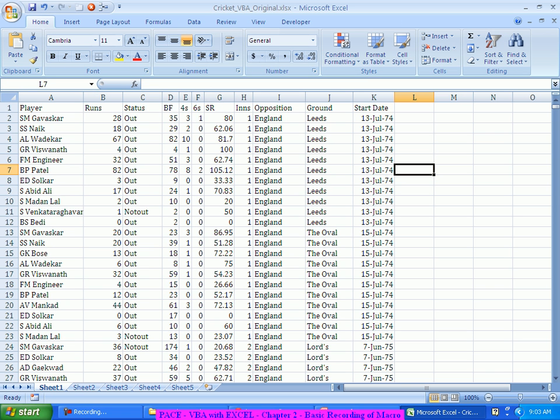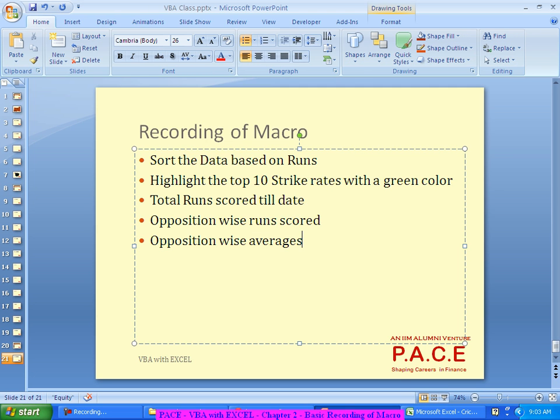Probably looking at our data, you can very well think of year wise, right? Year wise team averages, something like that. You want to do a few of these things. This entire set of things can very well be done through basic Excel itself.